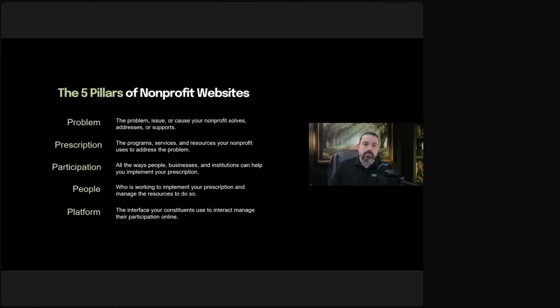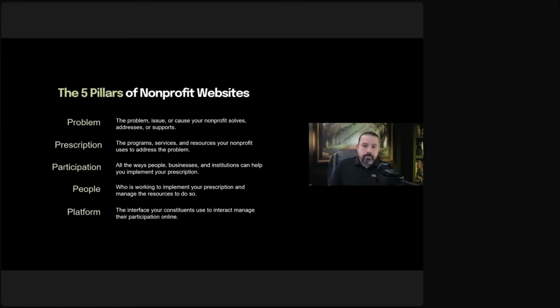So 5 pillars of a nonprofit website. Now, the first thing I want to tell you before we go into this is most of your websites are completely missing the mark because of just so much stuff on there that doesn't make sense to accomplishing your goal. It's a bunch of stuff that you wanted to tell people, but not what the people actually want to know. And I say that with all the love and all the delicacy I can, but at the same time being very honest with you because I love you. I want to make sure you know that your website does not have to be complicated.